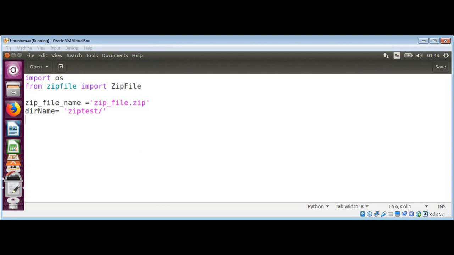And now I'm going to create a function which will zip the content of the directory. So I'm just gonna do over here def zip_dir, and it will take directory and zip file zip, and inside it we are going to use a loop to get the root, directories, and files by calling the os.walk function and pass in directory,